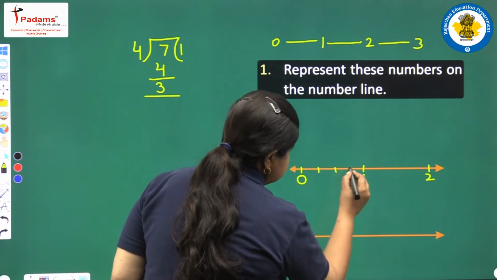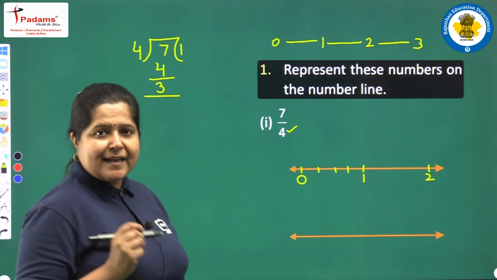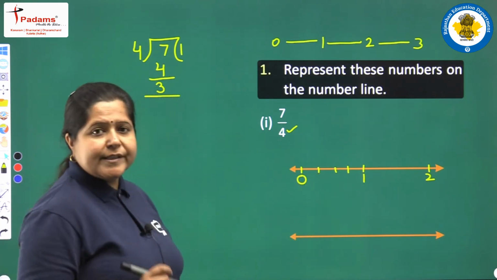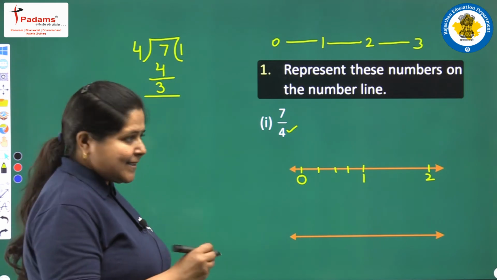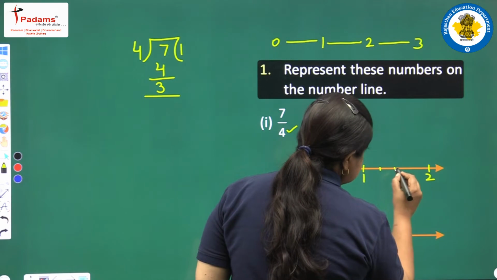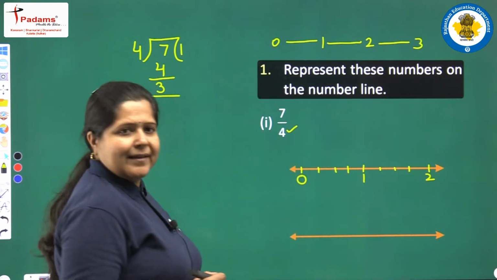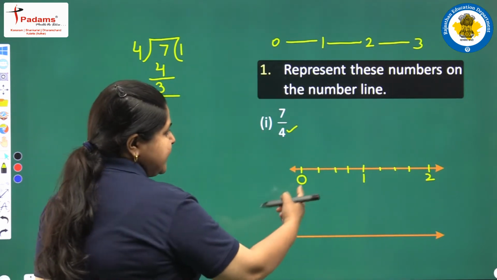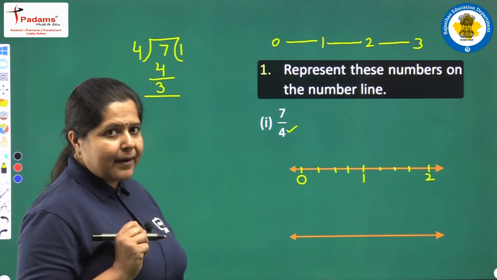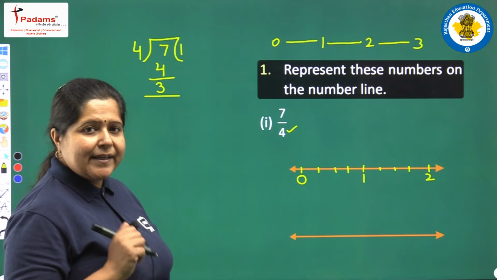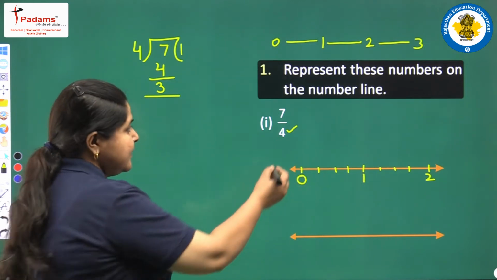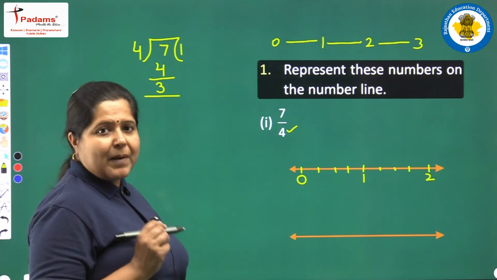First, second and third. These are the 3 points in between. In this way we have divided the first unit into 4 equal parts. Similarly, we will mark 3 points between 1 and 2: 1, 2 and 3. In this way we have divided each single unit into 4 equal parts by marking 3 points in between. Remember, the number of points we take is 1 less than the required number of parts.